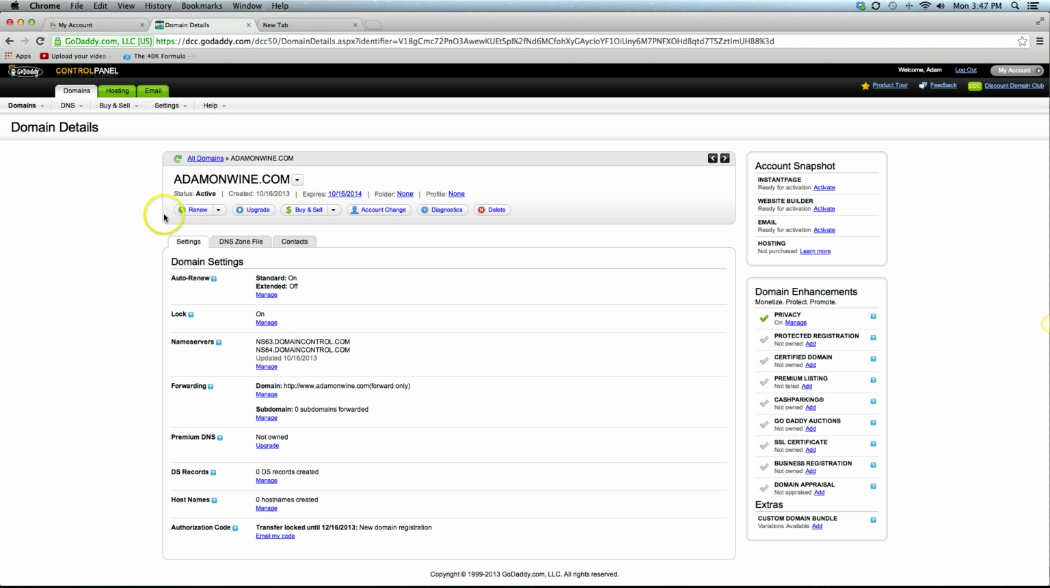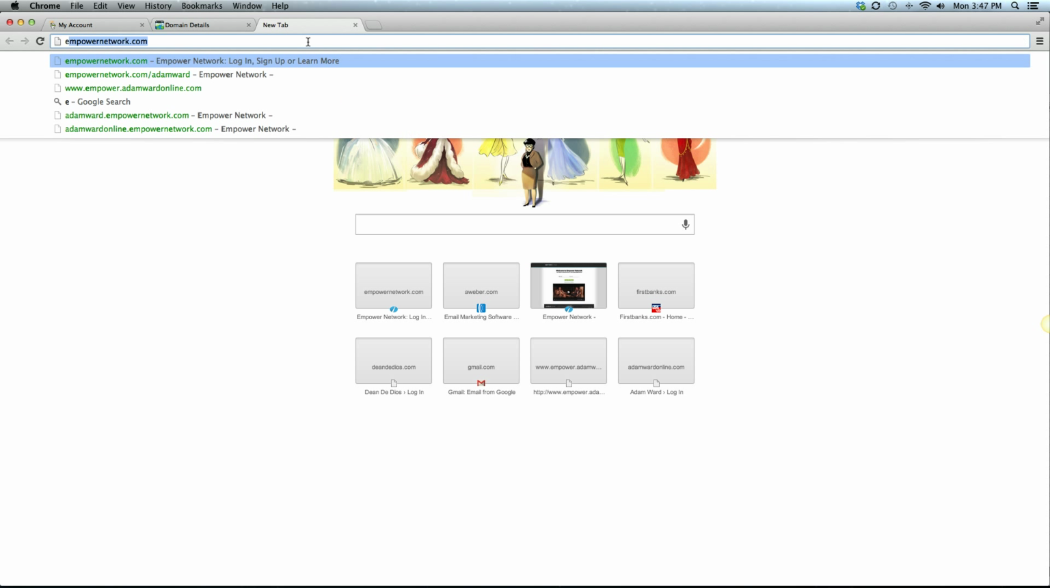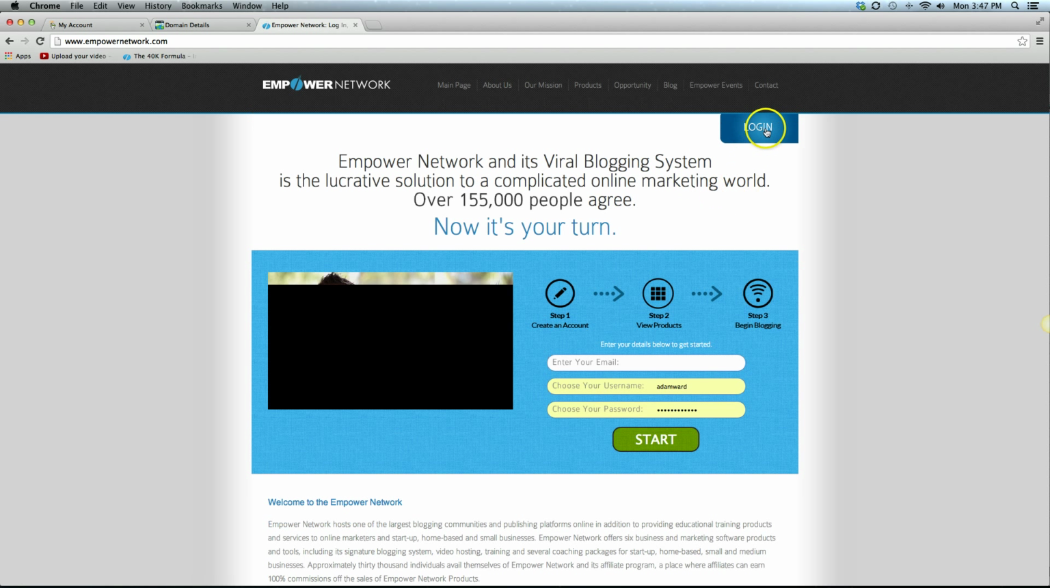Basically what we're going to do is I'm going to show you really quickly how you can map your new parked custom domain with any domain host that you choose, how to map it to your blog, your website blog. So I'm going to use Empower Network's Blog Beast, the ENV2 blogging platform, as an example of how easy it is to map this to your website. So you want to go to